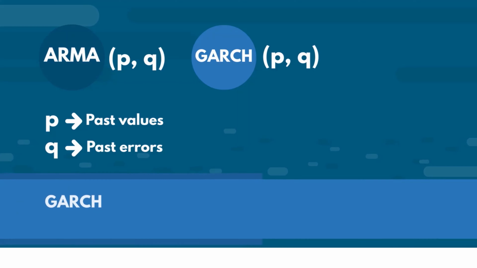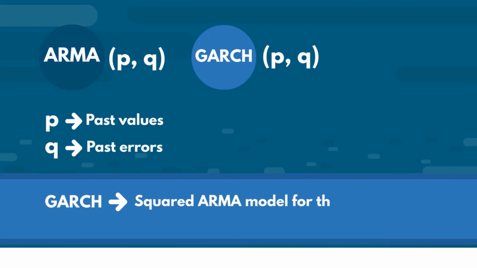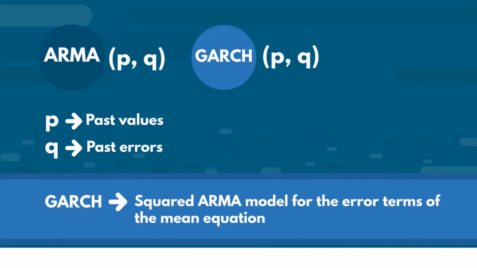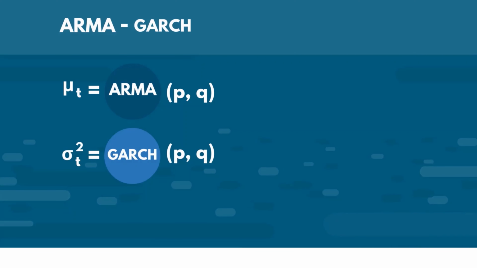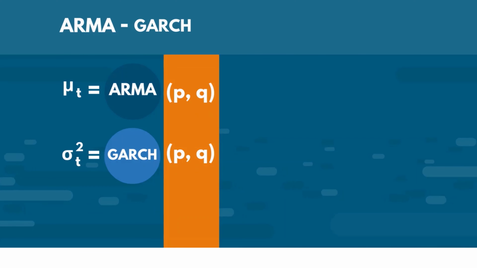In a way, the GARCH is a sort of squared ARMA model for the error terms of the mean equation. However, there are also complex ARMA-GARCH models which combine the two. When it comes to such models, we use an ARMA(P,Q) for the mean equation and a GARCH(P,Q) for the volatility equation. It's important to note that the P and Q orders of the two don't necessarily have to